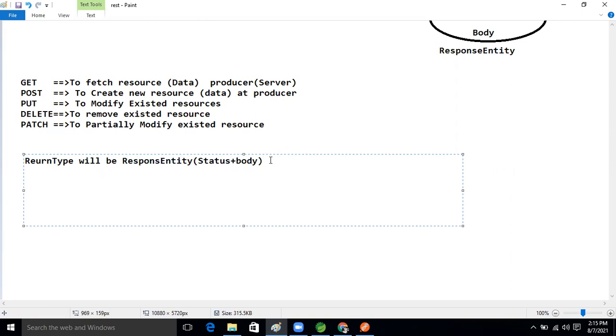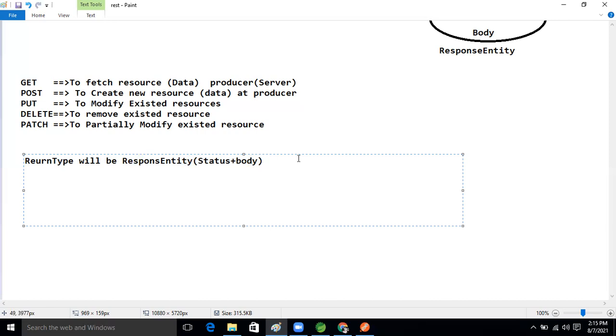Okay, so the return type will be ResponseEntity: status code plus body. We saw these things in the last example. In that ResponseEntity, how many parts are there?